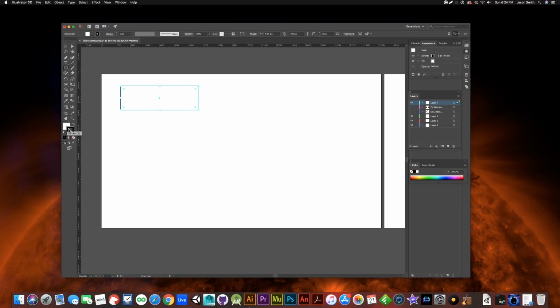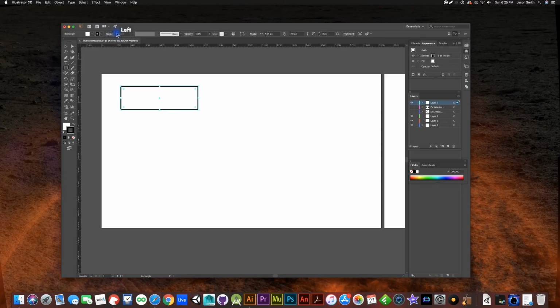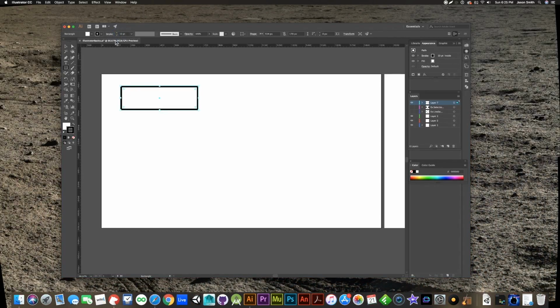You can see there are the two boxes. If you hover over them, they say whether they are the stroke or the fill value. We'll talk about fill in just a moment. But the stroke value, if you hover over, now at the moment this is the top one, but I can change that by hitting X. But the stroke right now is black, and that's the color value. The size of the stroke is right here. You can click up to make that thicker. Now I've got a 10-point stroke